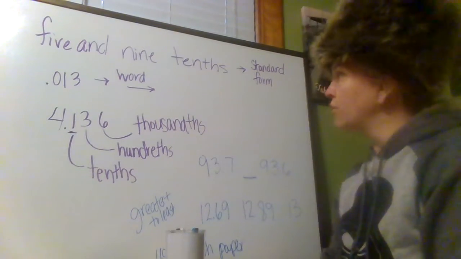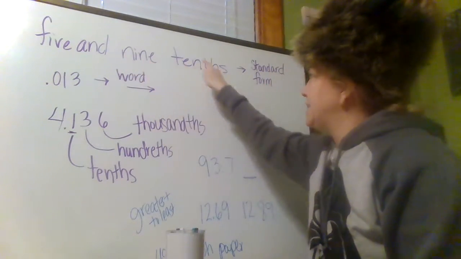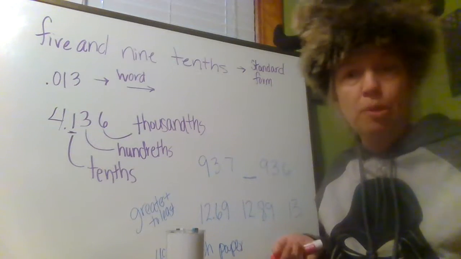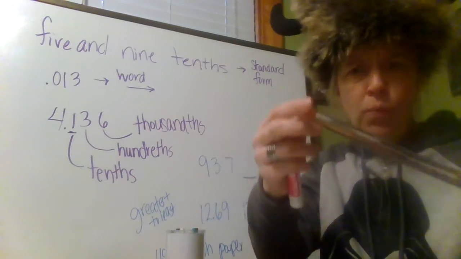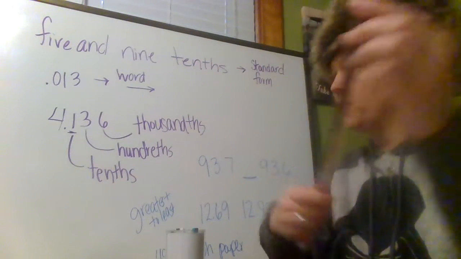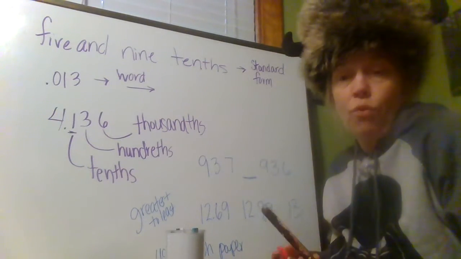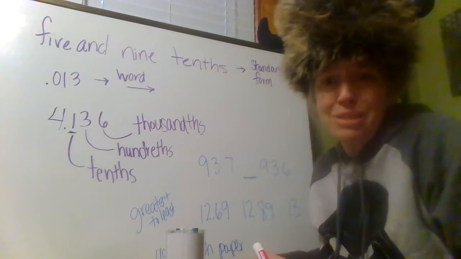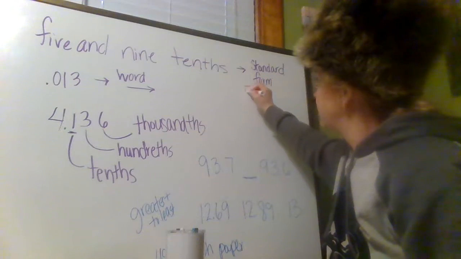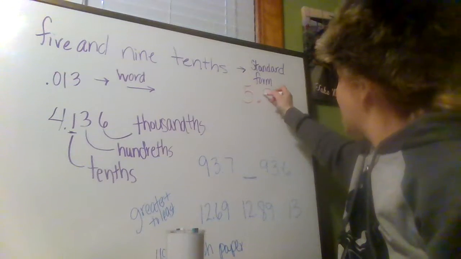All right. So standard form. This is word form. Let's read it. 5 and 9/10. Boom. That's just words, okay? That's when they say word form. Now, look at my fancy new pointer. Ooh. Some of you are going to laugh. Isn't that cool? Okay, so now we're going to take 5 and 9/10 and we're going to write it in standard form, which is numbers. Standard is numbers because we're in math, okay? That's our standard. So 5